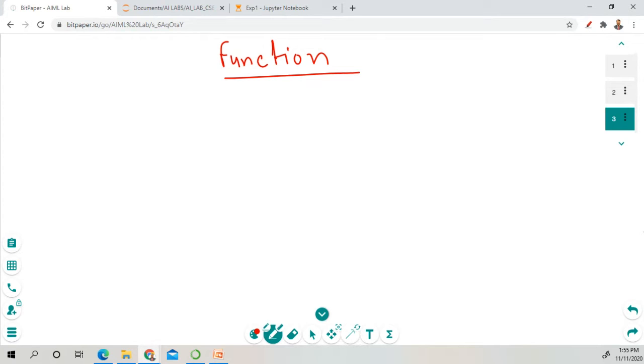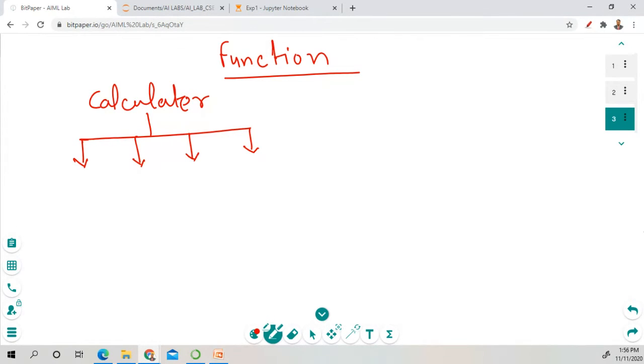So when you want to create some big program, let's suppose that you are creating a calculator program. In a calculator there are different operations. You have to perform summation, subtraction, multiplication and division, and so on.